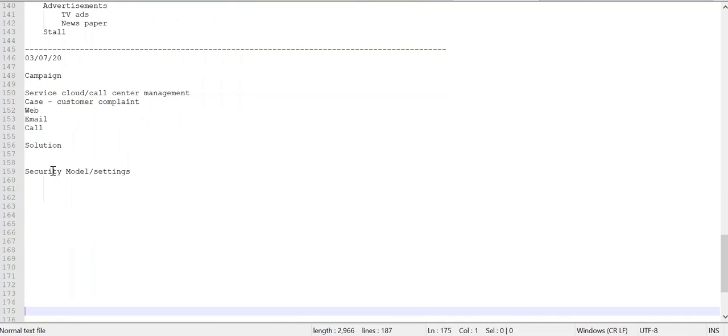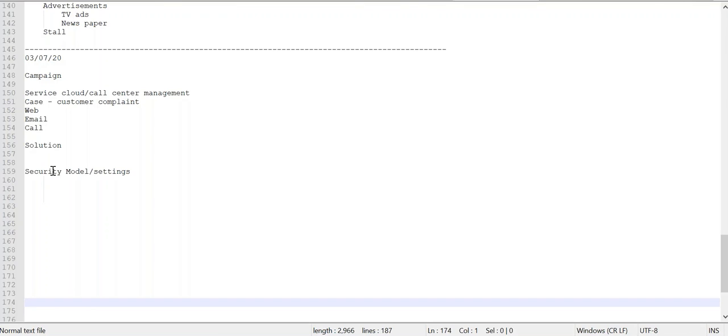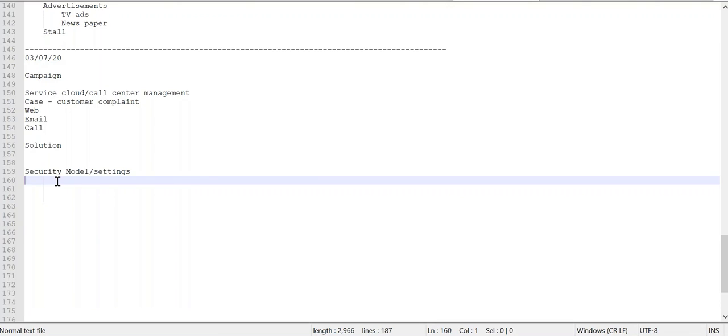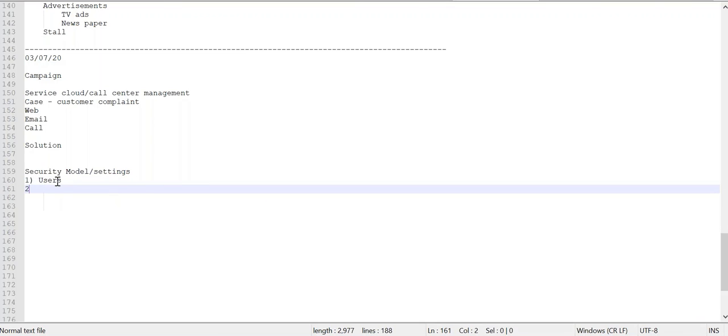All right. So now we will be starting with security model, which is one of the important topics, as I mentioned earlier also. So pay attention, and whenever you have any confusion, any doubt, don't hesitate to ask. All right. So as part of security model topic, we will be covering how to create users in Salesforce, and